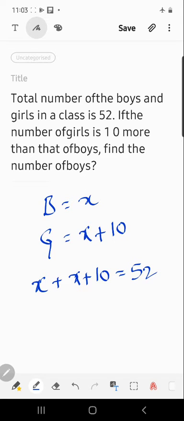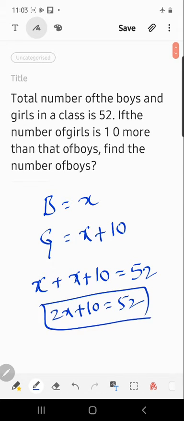So this is the equation, a simple equation: x plus x, 2x plus 10 is equal to 52. So we got the simple equation. Making the equation is very important. From here onwards, we have to solve for x. Send the 10 to that side, and 52 minus 10, and so on; you know those things. If you don't know, watch my other video, where I already solved equations. So this is the equation we got. In this way we can make the equations.